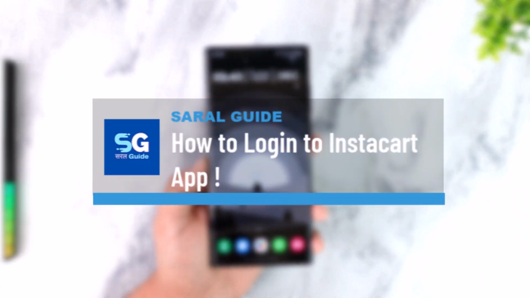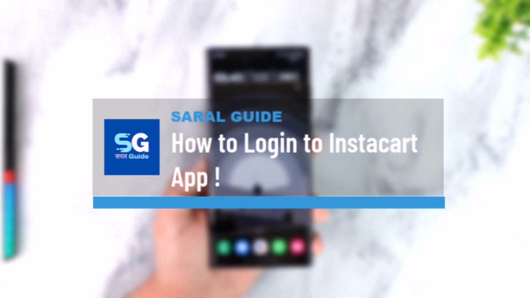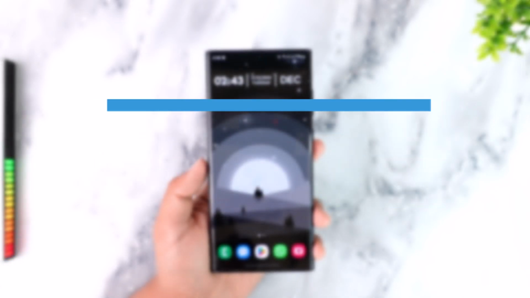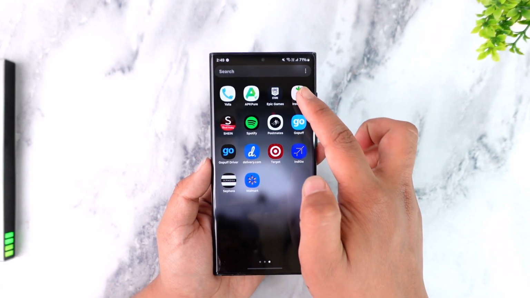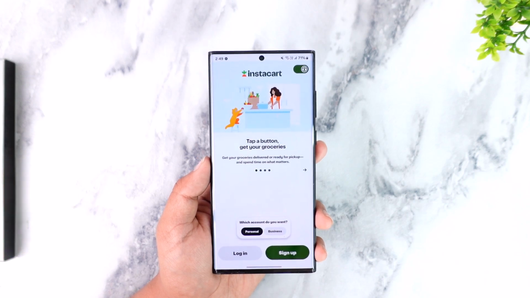How to log into the Instacart application. If you want to log into the Instacart app, it is actually very simple. Go ahead and make sure to launch the Instacart app, and this is the type of interface that you